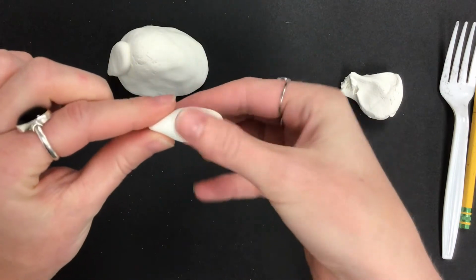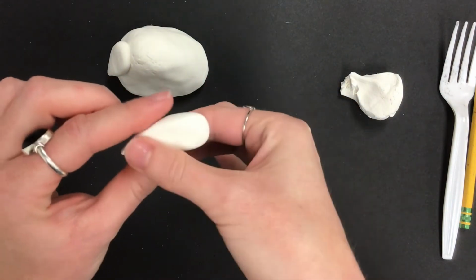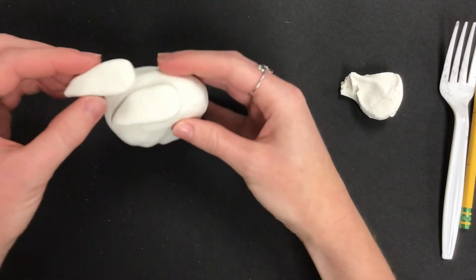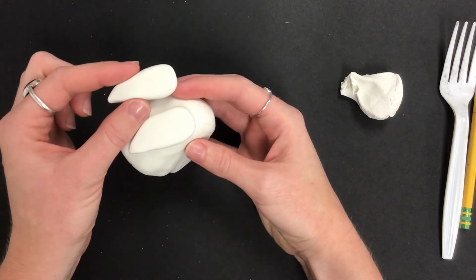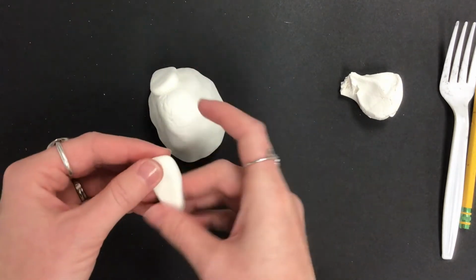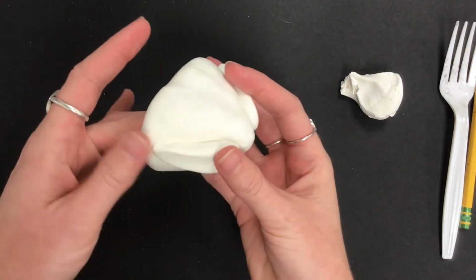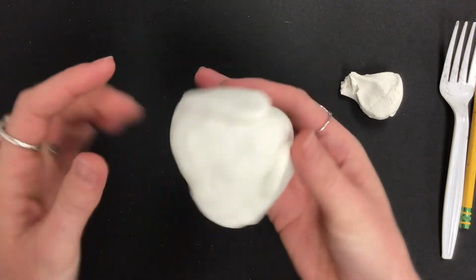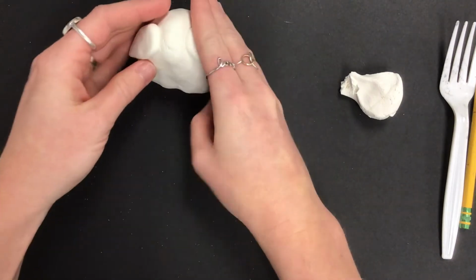Pinch one side, press down, so that we have our second wing. We want it to look almost exactly the same. They look to be about the same length to me. So I'm going to attach this wing on the other side, and I can flatten it a little bit more too to make sure that it stays attached. So now we have our wings on the sides of our bird, and we can add some